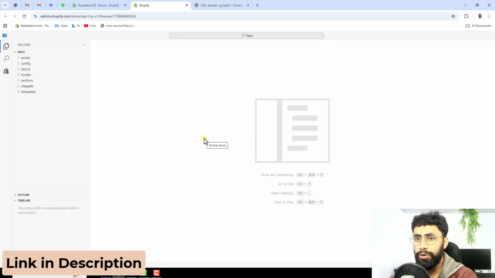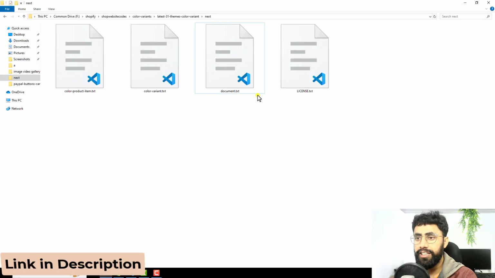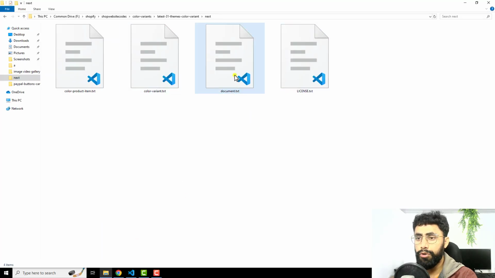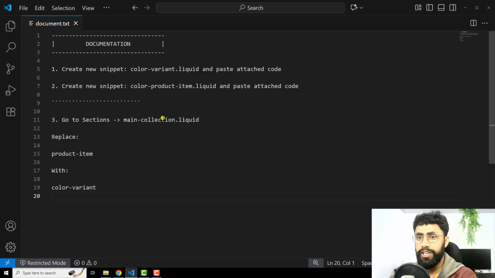Once you download the code, you will find these four files, and you should open document.txt. Inside this file, I have given a list of steps which we are going to follow in this video. These are quite simple. You only need to copy and paste the code and follow the instructions according to the video I am recording. Now the first step is to create a new snippet